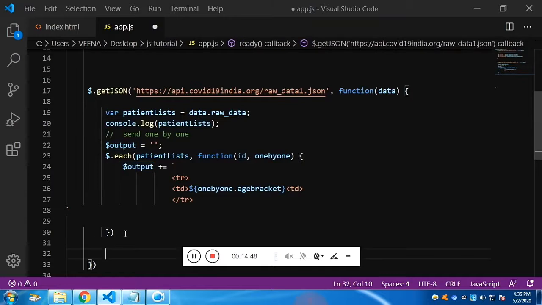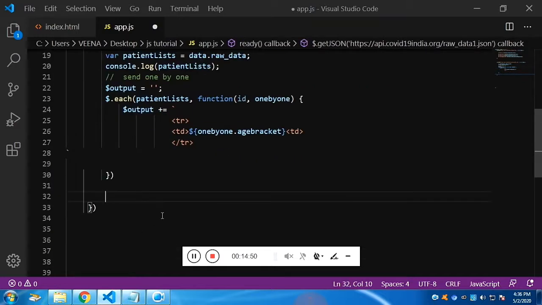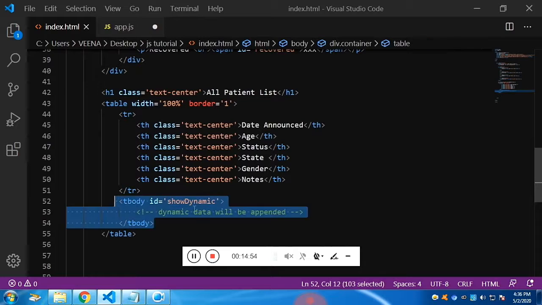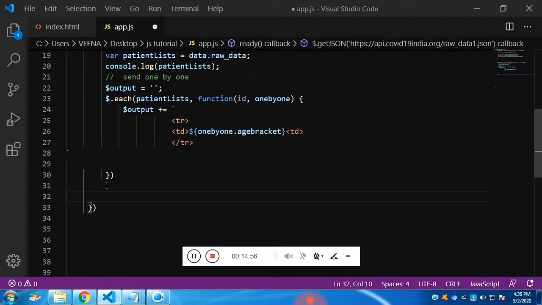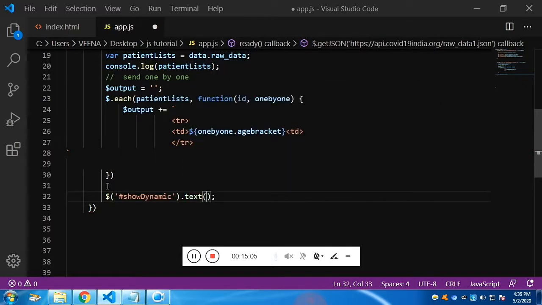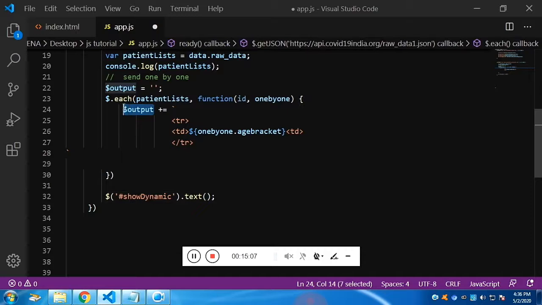Let's append it to the tbody. We have already given the tbody the id show dynamic. By using the dollar, we are going to select the id of the tbody, and with the help of html we would be appending it.